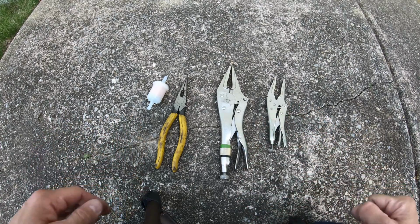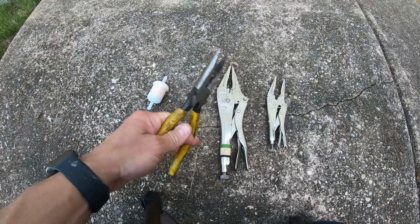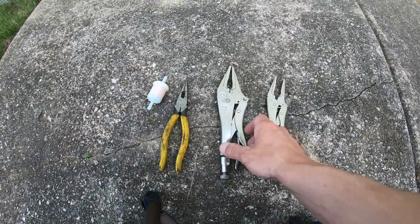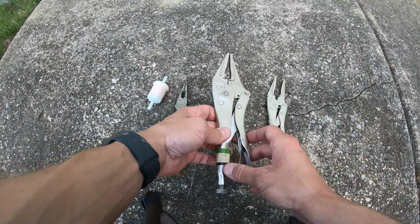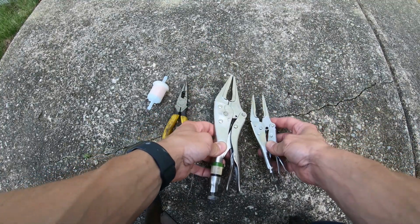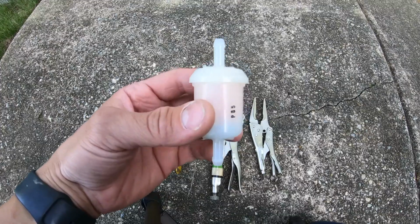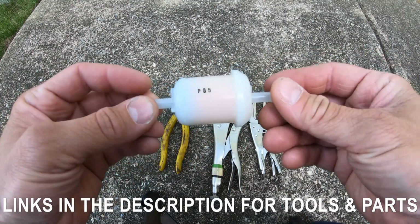All right, so I have all the tools you're gonna need laid out right here. You're gonna probably need a pair of needle nose pliers, and then you're gonna want a pair of vice grips. It could either be a big pair or a small pair. We're just gonna use this to clamp the fuel hose so it doesn't leak fuel everywhere once the filter comes out. And then of course, you're gonna have your fuel filter itself,